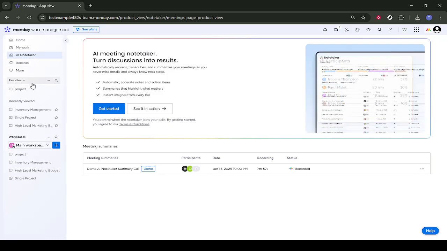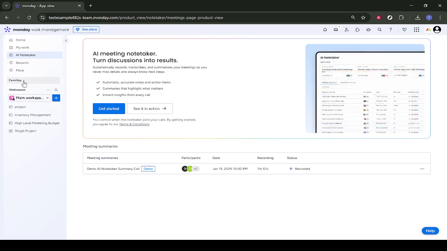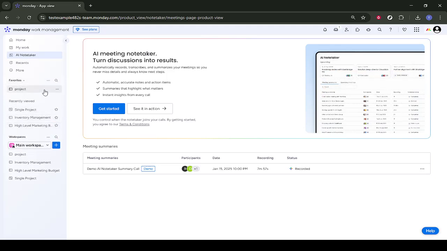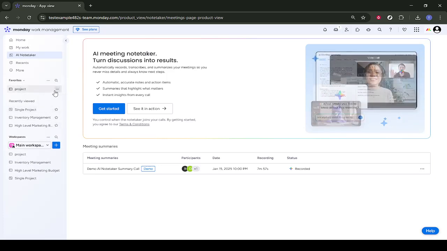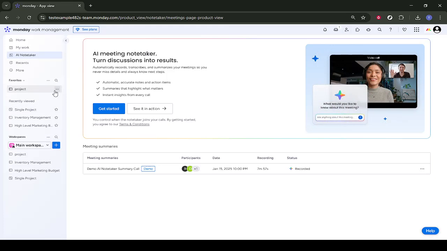You'll also see different highlighted areas throughout the interface. When you click on these highlighted sections, you'll be opening things like your main workspace, the Browse All view of boards and projects, or a specific project board. Use Browse All when you want to see everything that exists in your account, then select a project to dive